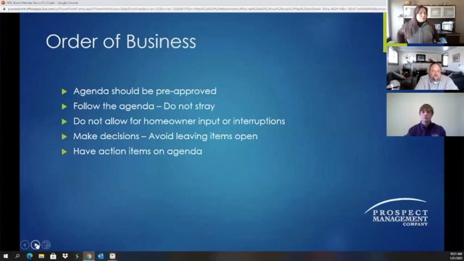As we said earlier, the agenda should be pre-approved. You want to ensure that you're not straying from the agenda, and we see it time and time again, and I'm sure you have as well, that at your board meetings, you tend to jump around on your agendas. If you just follow the agenda in order, it will be orderly, and if somebody wants to bring up something that's going to be touched on in an agenda item, defer that conversation for that. It's going to make your secretary's job a lot easier, and it will make for a more timely board meeting.